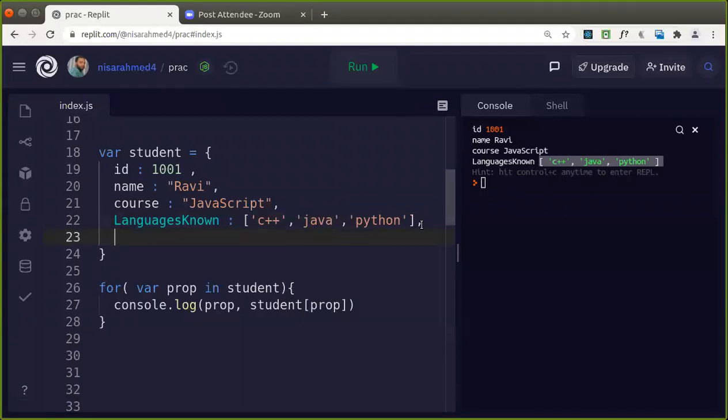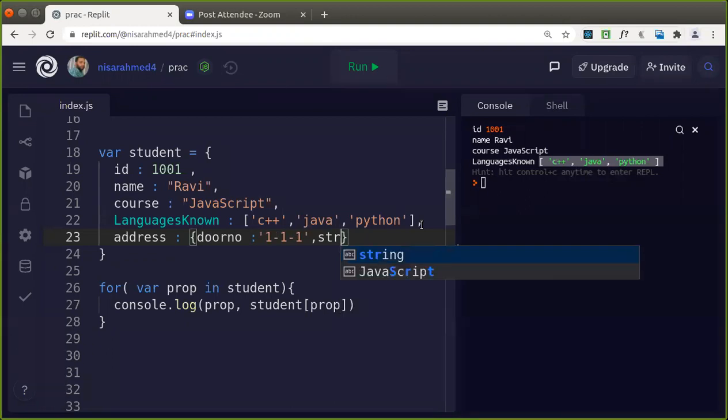If I want to represent address. So in this case, address is the key for this property. In address, what do we have generally? House or door number. Then I want to indicate street.